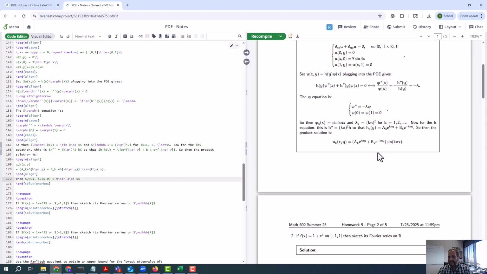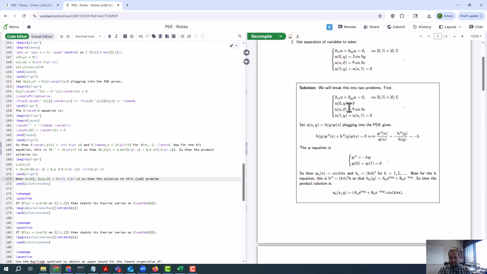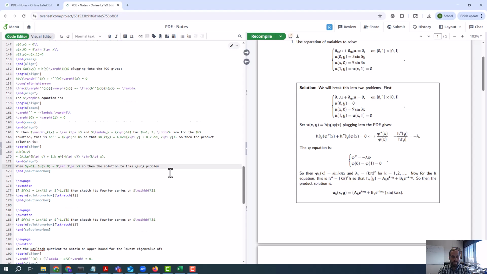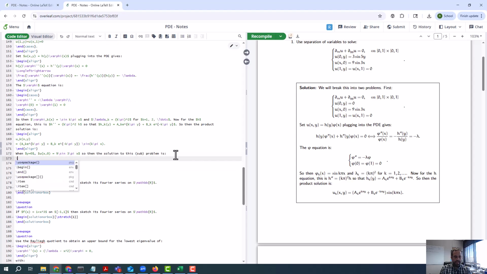So what this says is that, in principle, we're going to have an infinite series of these sine of k pi x's, but actually, since when y is equal to 0, it's just 9 sine 3x, the only term that's going to be non-zero is going to be when k is equal to 3. So then the solution to this sub-problem, that is just this problem here, not the whole problem, but this problem here, is